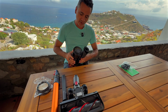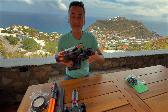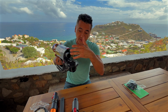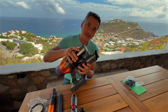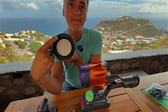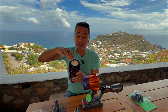So now let's look at the canister itself. Check this out. So there's 2 ways that you can actually empty it. If you're in a rush, you literally empty it right there. You don't have to take it away from the actual vacuum itself and just empty it, and the dust will come off and no problems. But if you want, just press those 2 buttons right here, if you want to take the whole entire canister, empty it properly, and then maybe check the filter out, make sure that it's all blown out and everything,